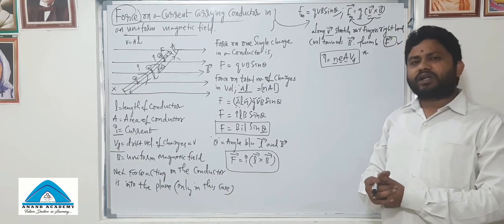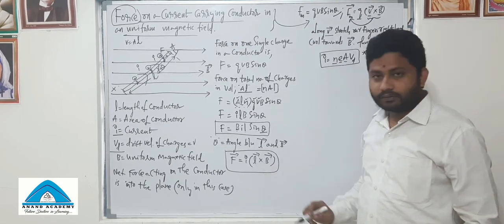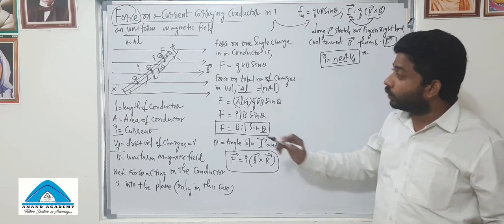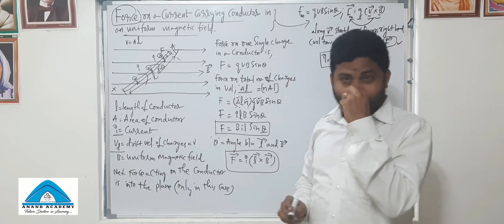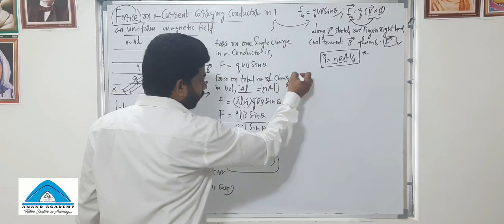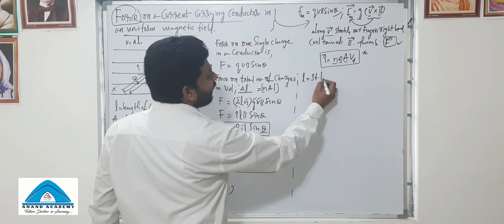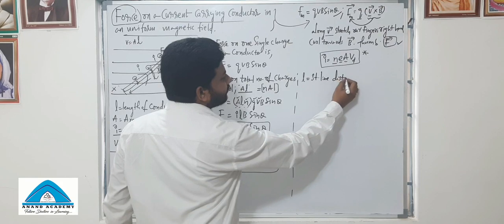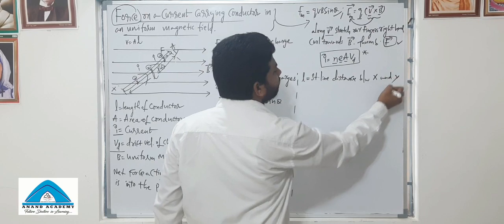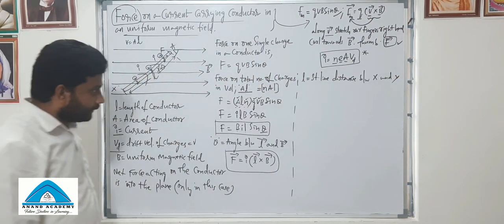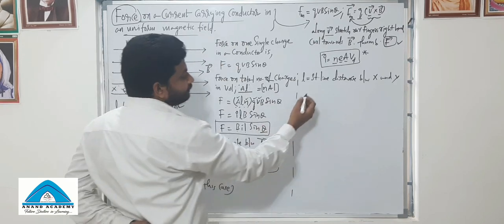You should understand one important thing. Already I have told you, let me remind you once again. What is this L actually here? L bar, again I am telling you, is the straight line path between the two ends of a conductor. So that is what I am writing here. L is the straight line distance between the two ends of the conductor. I can write between X and Y. Now let's see the important part of the same discussion.